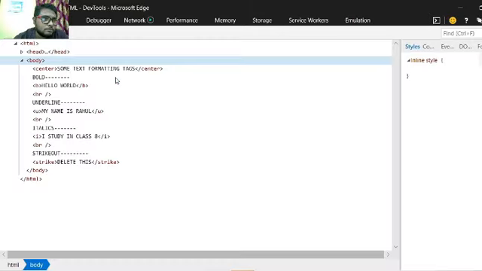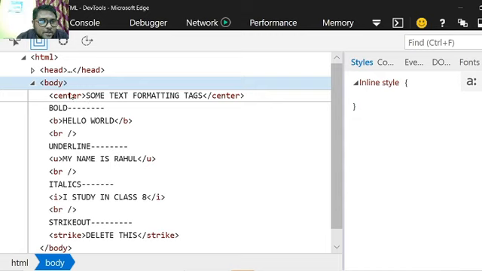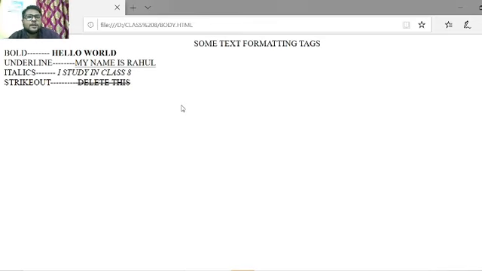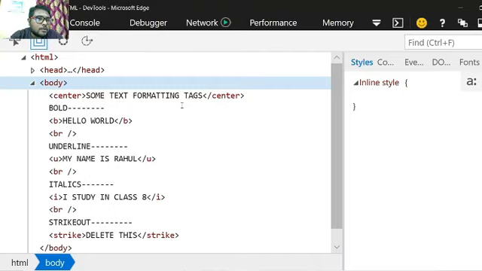Here I will just increase the size. Yeah, center tag. So, see, I have written center, some text formatting tags, and I have closed the center tag. So what happened is this text, some text formatting tags, is in the center of my web page.